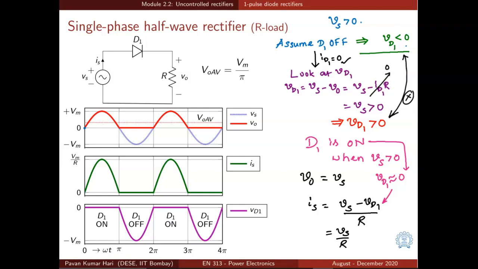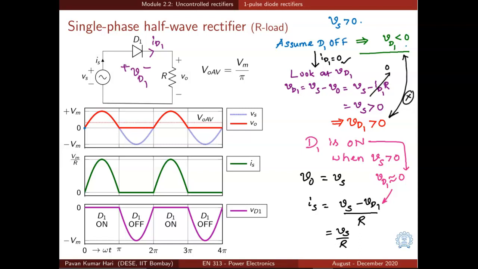So let us try to determine the voltage across the diode. And how do we determine? We first need to define the polarity. So this is the polarity of voltage VD1 and the current is ID1. The current in diode is the same as the current through the source, flowing through the source and also the load resistor. So with this polarity of voltage, if we write KVL, VD1 is given by